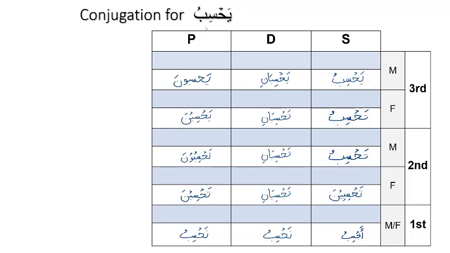And then the third one I asked you to do is yahsibu. Here the ayn letter has a kasra, and therefore you will notice a kasra throughout. So yahsibuna. So we have kasras throughout. Now, once you've corrected your mistakes, do the conjugation for the remaining 3. The remaining 3 also has one case where the ayn letter has a fatha, then the ayn letter has a kasra, and then the ayn letter has a dhamma. So do that. Once you do this a few times, you will master the present/future tense conjugation. That is it for this lesson.